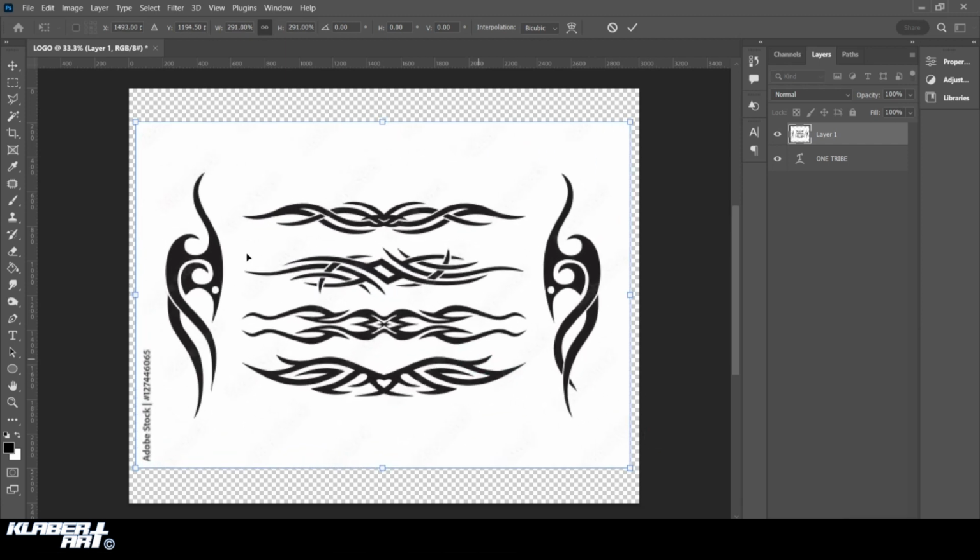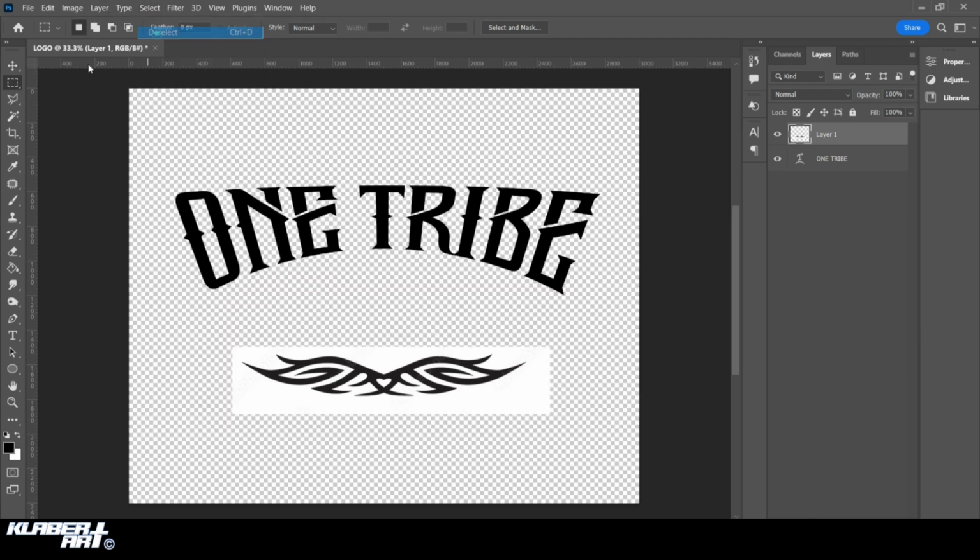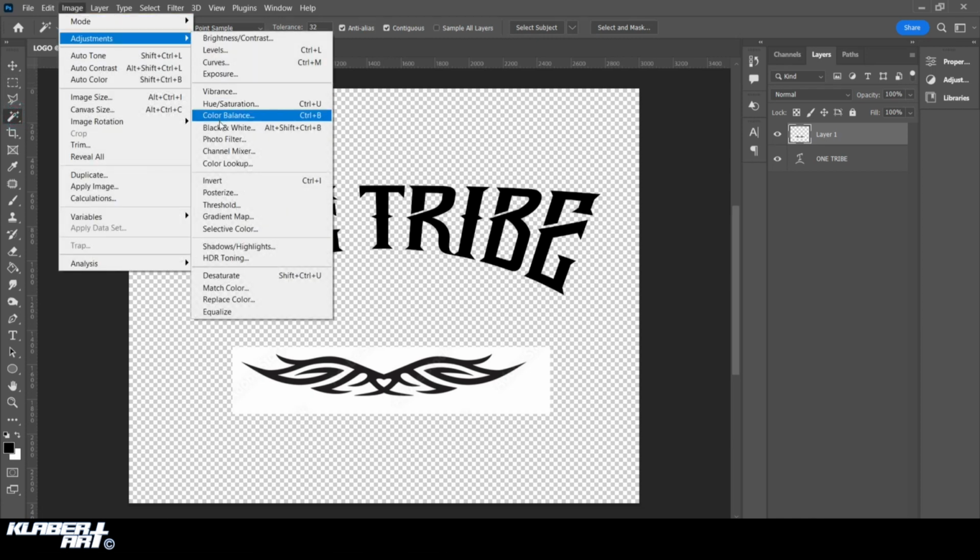And then I'm going to use the rectangular selection tool and select around the one that I want. I don't want the other ones. I'm going to go to Select, Inverse, and then if I hit backspace, it gets rid of all the other ones. So Select, Deselect, then choose your magic wand tool, and